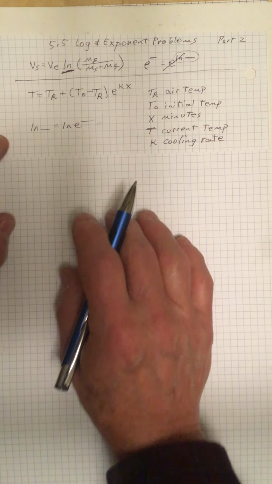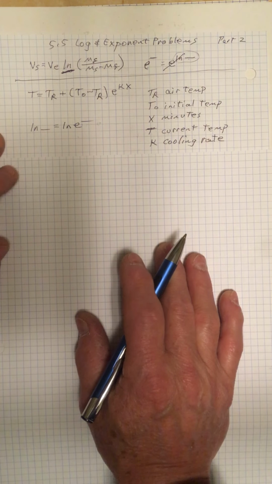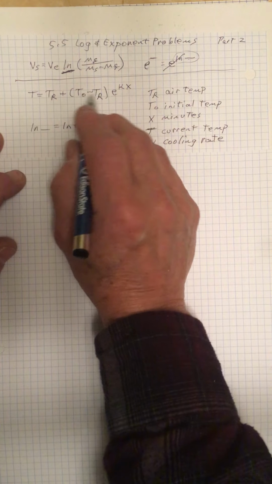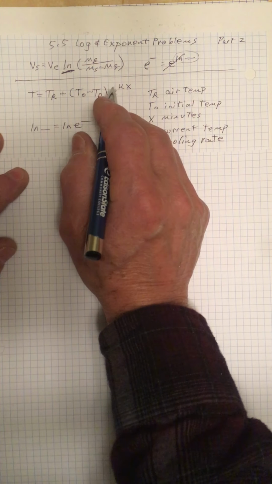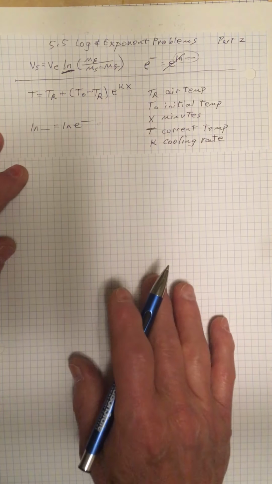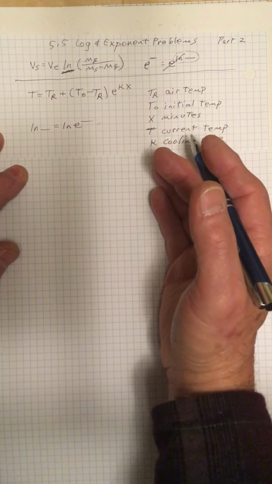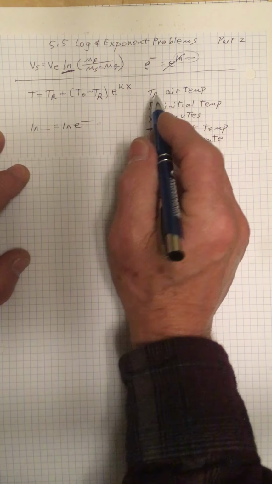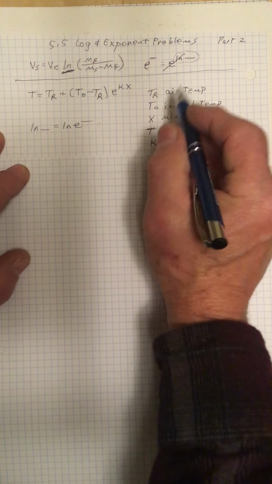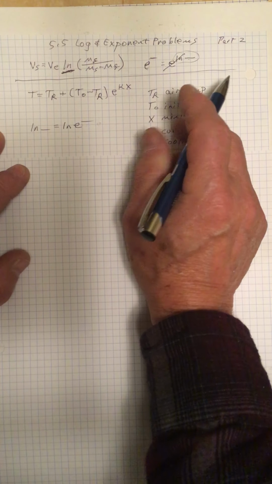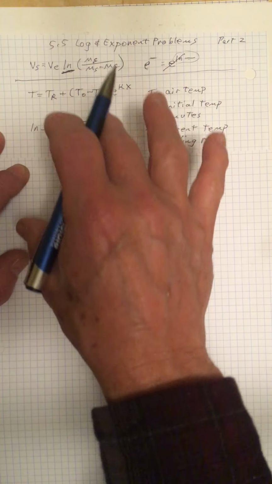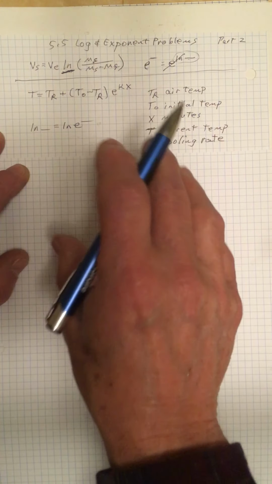All right, let's look at this next one. This time it's kind of the reverse. I look at this formula. This is Newton's cooling law, and we don't need to know a lot about it, but it's good to know some basic stuff here. When I read the problem here in a minute, TR, in our case, would be the air temperature, or it could just be the room temperature, the temperature around the object,